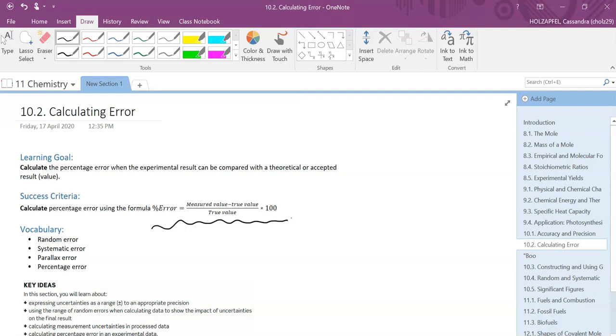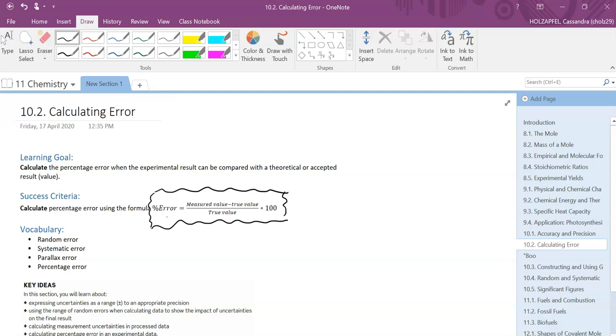My psychic prediction is that you're going to have to do some sort of experiment as part of your assessment for this term. And so you're going to have to use some sort of way to measure the accuracy of the experiment that you're doing. And it may just be using this formula. Now, you can choose to listen to wise old Greek Cassandra here, or you could choose to ignore me. That will be your downfall. So just letting you know, this is an important piece of information. So please put that somewhere that you're going to remember when you go back to do your assignment.